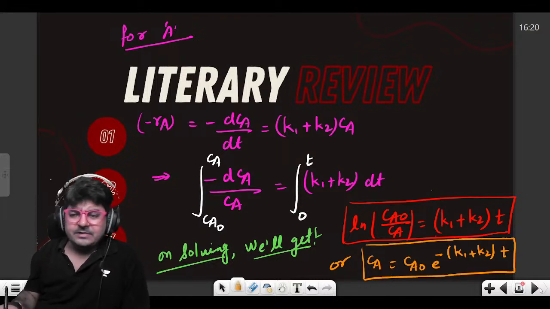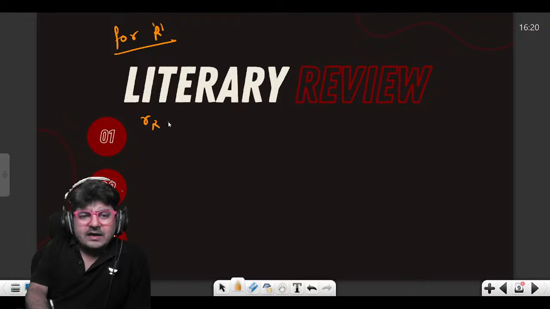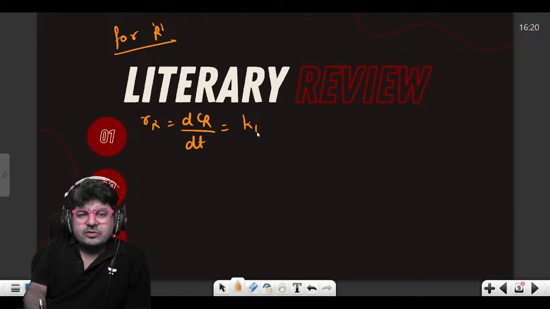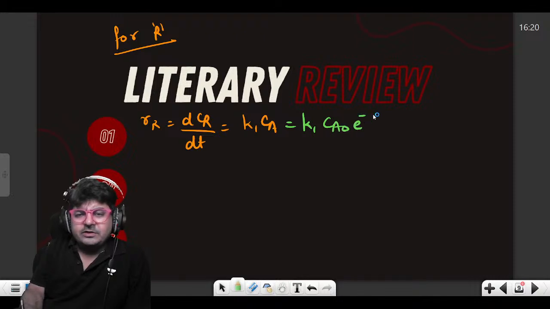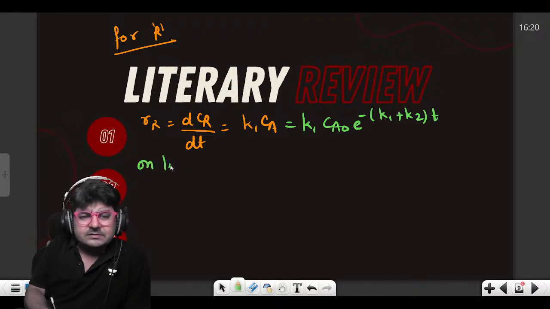This is for A. Similarly, you can do it for R, where you know RR can be written as dCr by dt for CSTR, which is equal to K1 CA. Here you can put the value of CA, so that will be Ca naught into e to the power minus K1 plus K2 times of T. Now if you integrate this,